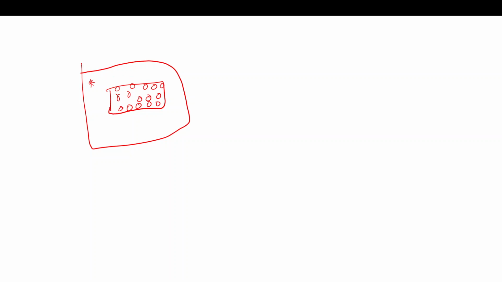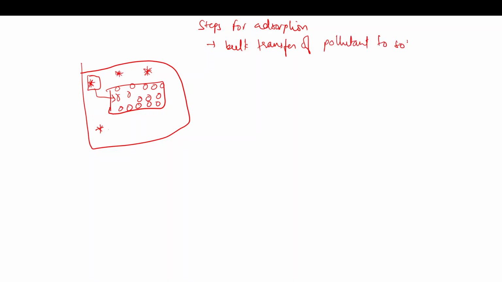This is the pollutant present in the bulk of the wastewater, which is to be removed. So, the steps for adsorption: first is the bulk motion. From anywhere in the bulk, it has to travel to the surface or near the surface of the solid. So, bulk transfer of pollutant to the solid surface